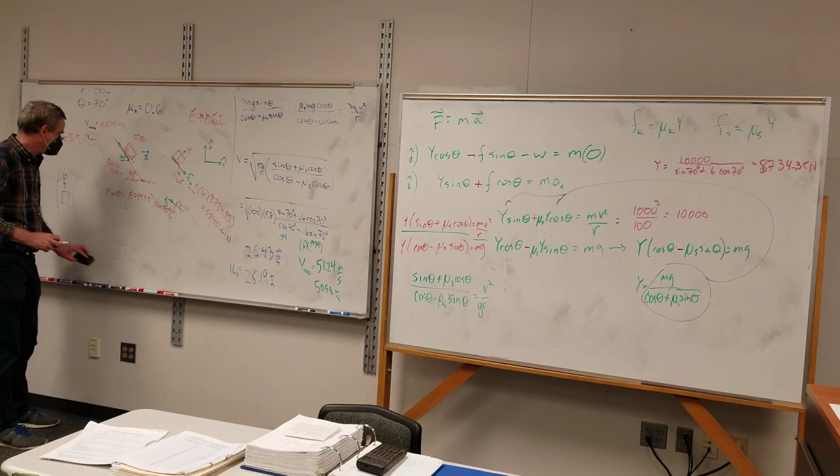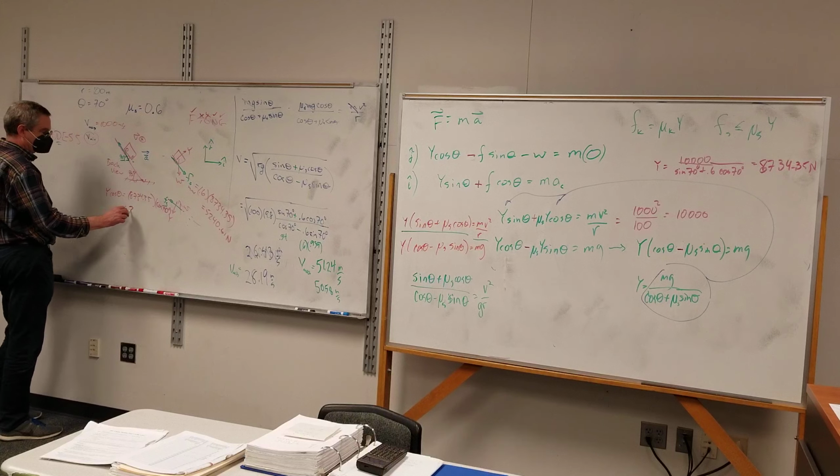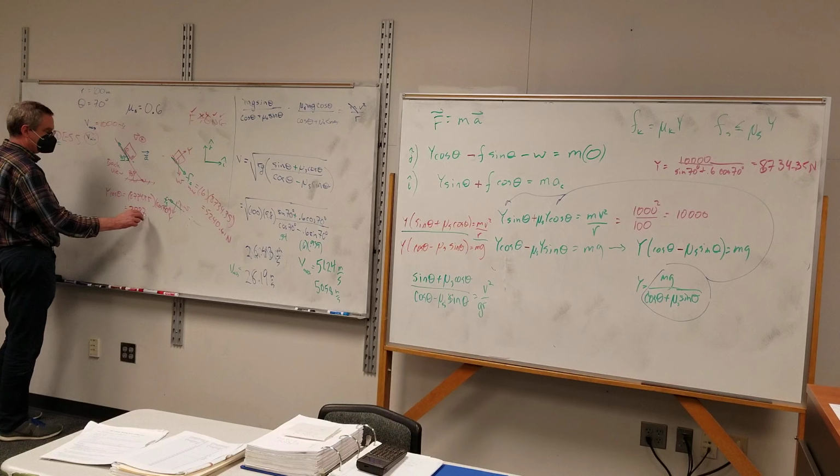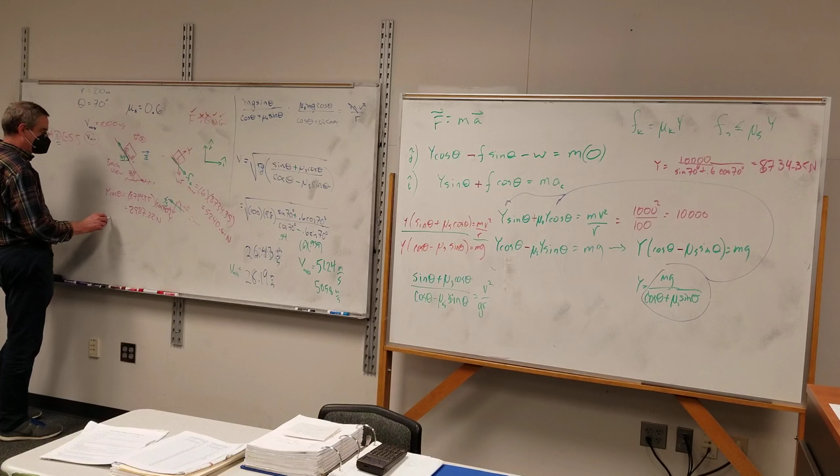So our number times cosine 70? Yes. 2,987.32. All right, so the friction that is acting in that direction